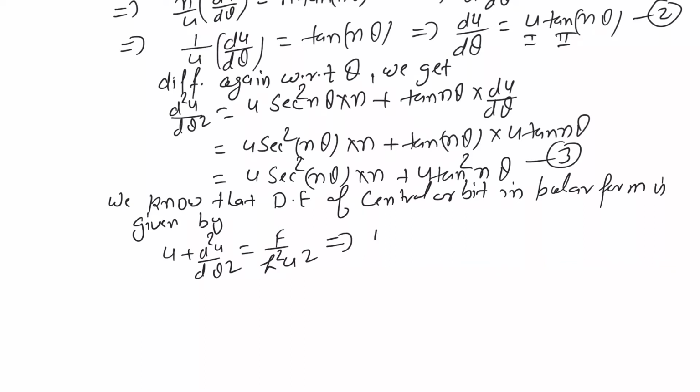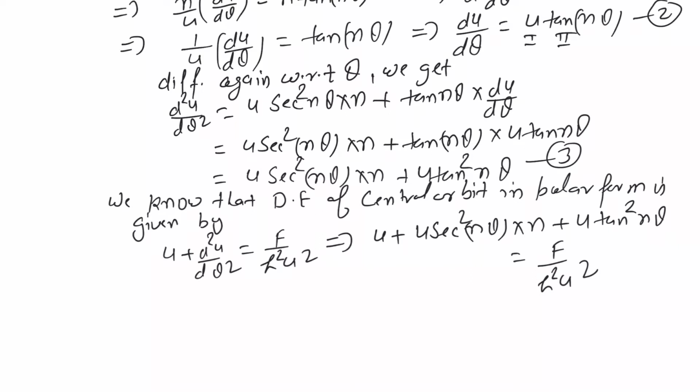Now substitute the value of d²u/dθ² from equation number 3. We get u sec² nθ into n plus u tan² nθ = f/(h²u²). Now collecting the first and third term, we get